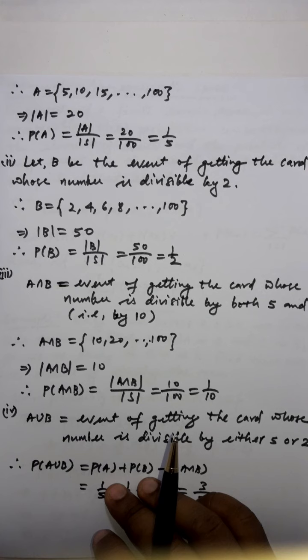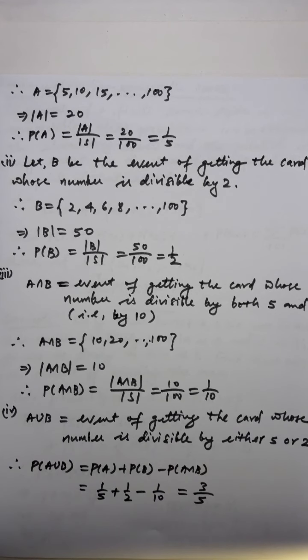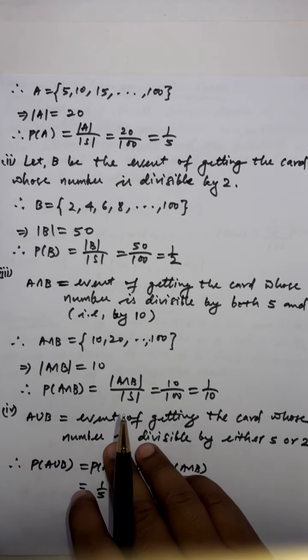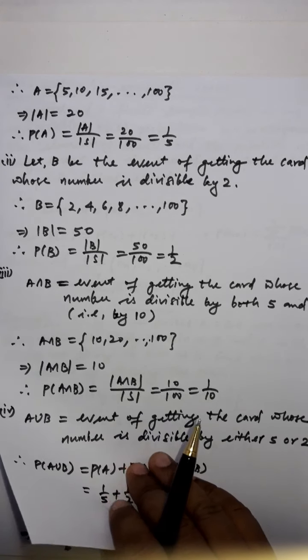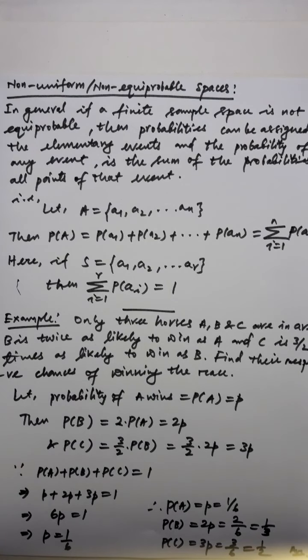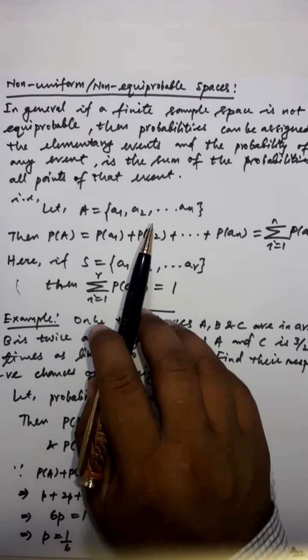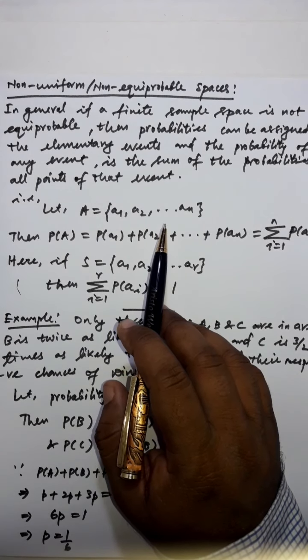If the chances or the probabilities of happening of an event or an element of the sample space are not equal to each other, they differ from each other due to some deformity or some unconditional cases, then it is called a non-equiprobable or non-uniform sample space. Let us discuss that one also.